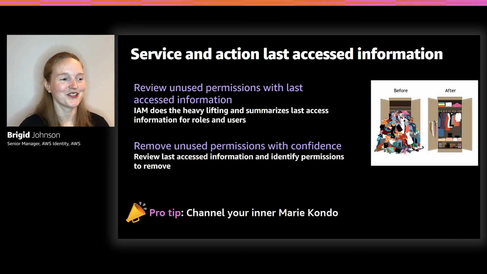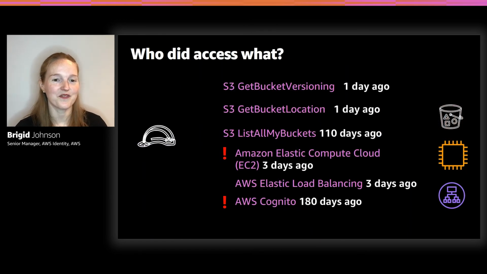All right, so I'm going to show you, before we get started, this is just a little bit of an example. You might have some S3 actions that are granted access to the role, and 2 were used a day ago, probably in use, probably what you need. List all my buckets, not in use, hasn't been used for a while. We would recommend removing this one. That bang should be actually one row up. And with that, list all my buckets is actually pretty powerful because you can list all the buckets in the account. So you would want to scope that down. It's mainly used for console.